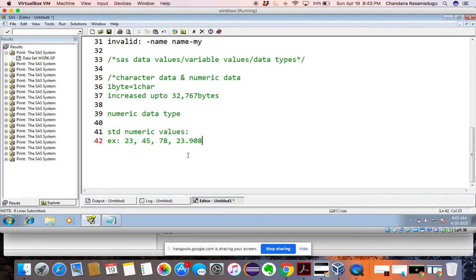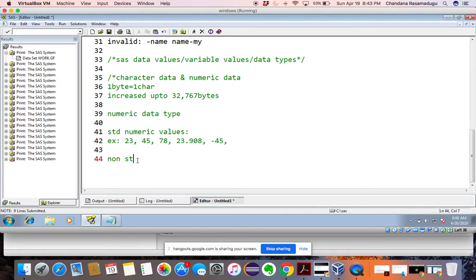These are all standard numeric values. Standard numeric values contain only numbers or decimal points, and they can contain minus or plus signs. See, minus 45 is also a standard numeric value.